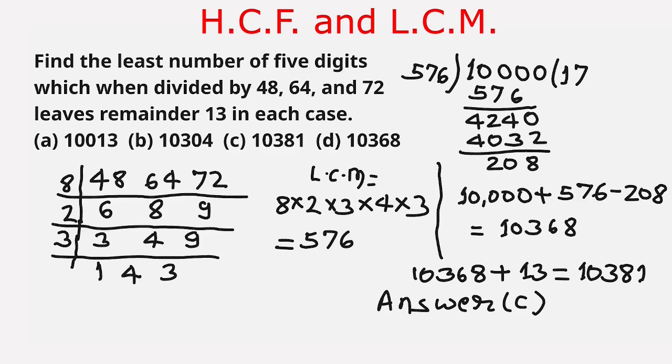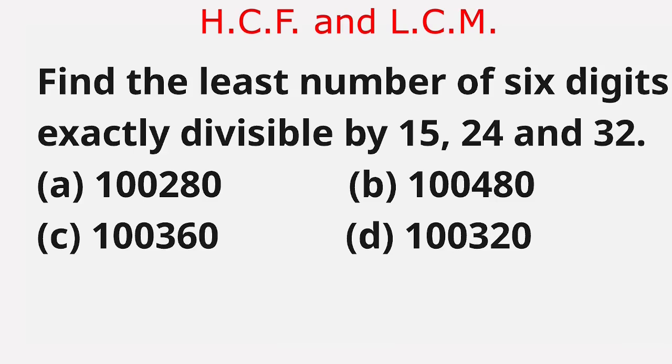We go to the next question. Our question is, find the least number of 6 digits exactly divisible by 15, 24 and 32. The given options are option A 100280, option B 100480, option C 100360, option D